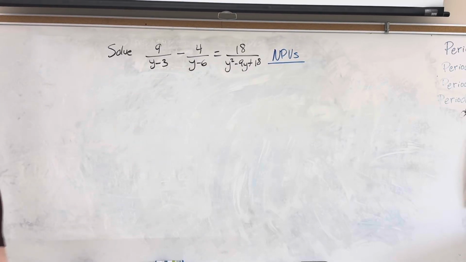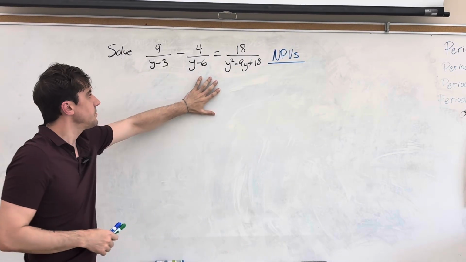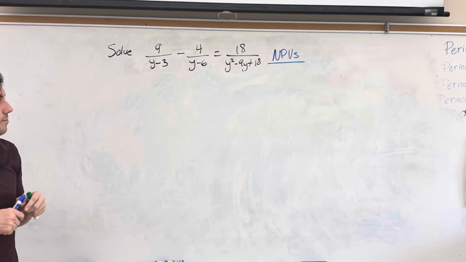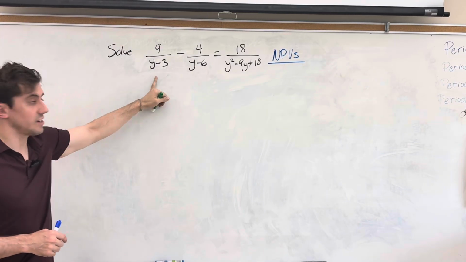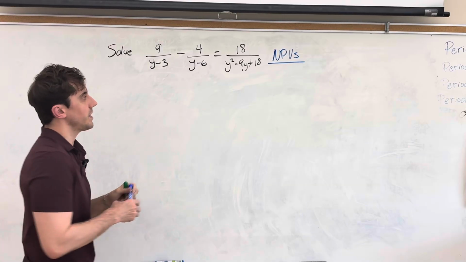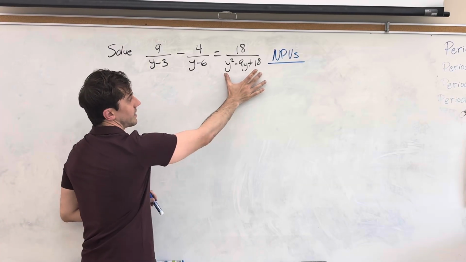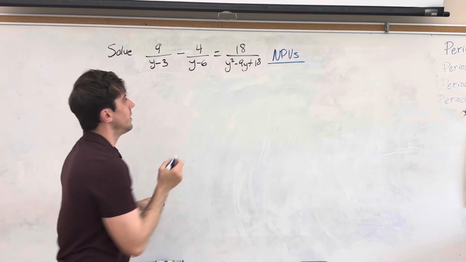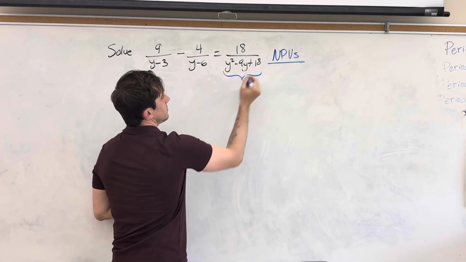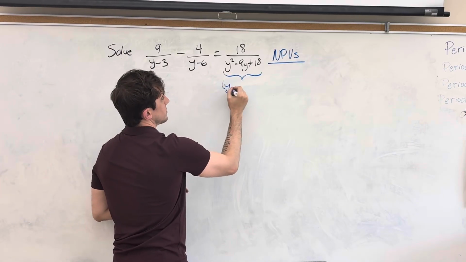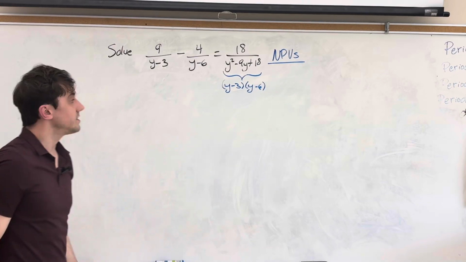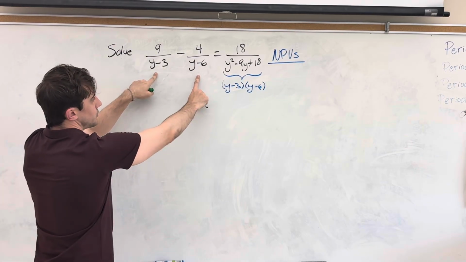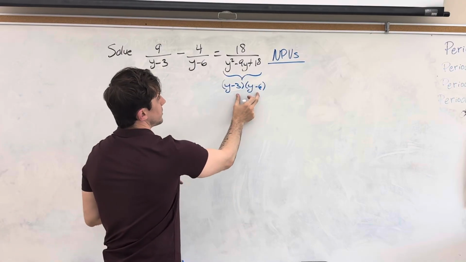Good afternoon, everyone. Today we're going to solve a rational equation, and we're going to solve for y by noticing first that the two denominators here on the left-hand side actually make up this denominator on the right-hand side, because you might notice that this factors as y minus 3 times y minus 6, right? And so you see that the product of the two factors on the left-hand side make up the denominator of